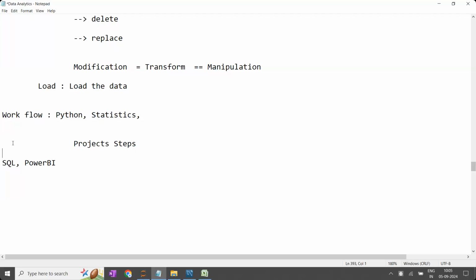Right? For Python, one project will be completed. For database, one project. For Power BI, one project. For Tableau, one project. Like that, we are going to cover 4 different projects. And by integrating all of them, we are going to cover one project, including everything, from start to end, by collecting the data and evaluating, and finally creating the dashboard and presentation. Like that, we are going to create one project that is called the resume project. 4 projects for understanding the concepts, 1 project for the resume, and 1 project